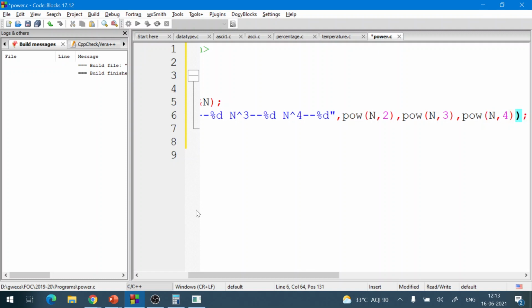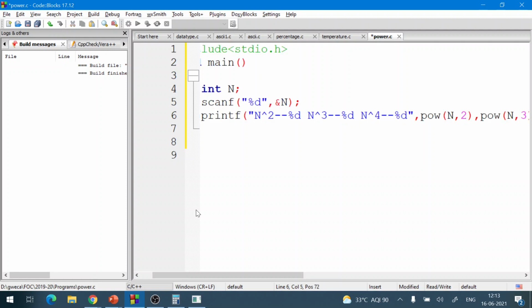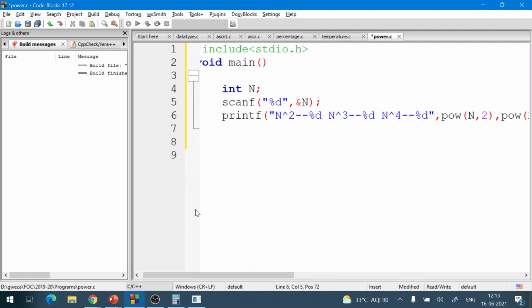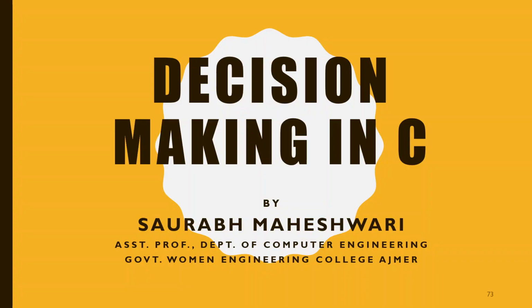Okay, so this is a new thing that I have told you. I have just demonstrated that inside printf you can place any expression or any function also. So the output of the function will be directly printed in this format. So here in printf any expression can also run. Fine, so let us see whether this program works or fails. What happens?